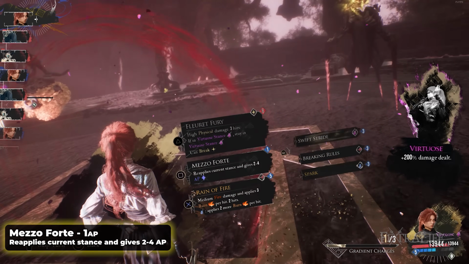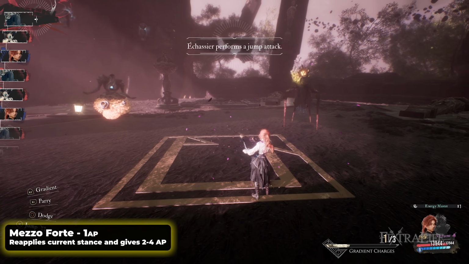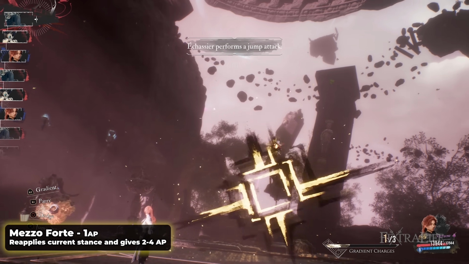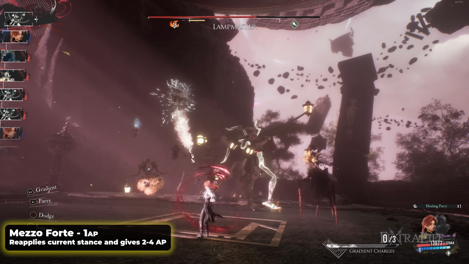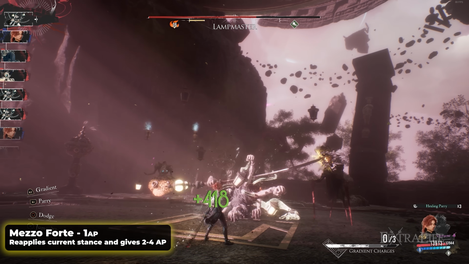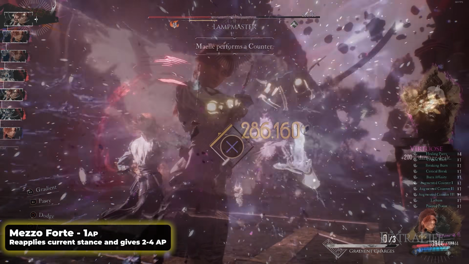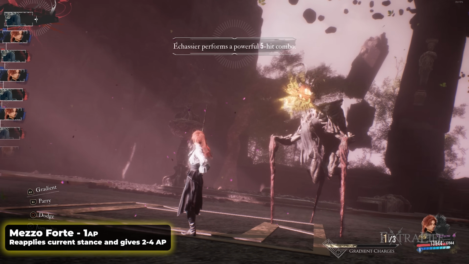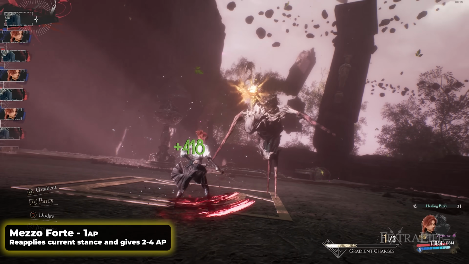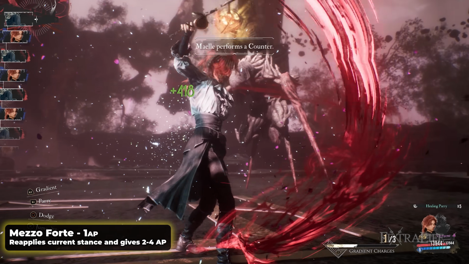Another interesting skill is the Mezzo Forte skill. This only costs 1 AP, and it reapplies your current stance and gives you more AP. This is a good way to gain some AP and stay in Virtuose Stance if you're already in it. That way you can counterattack for high damage on the enemy turn if you're familiar with their attack patterns. Or maybe you end up in Virtuose Stance from counterattacking on the enemy turn. You don't have enough AP for the skill that you want, but you don't want to lose Virtuose Stance. This is a good way to extend that so you can further pad your AP